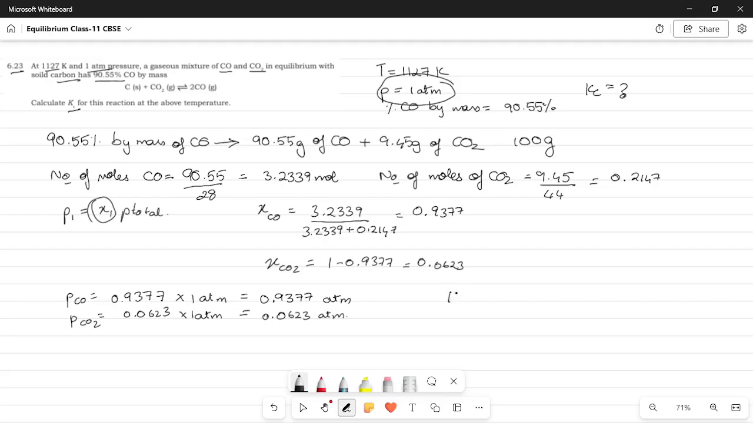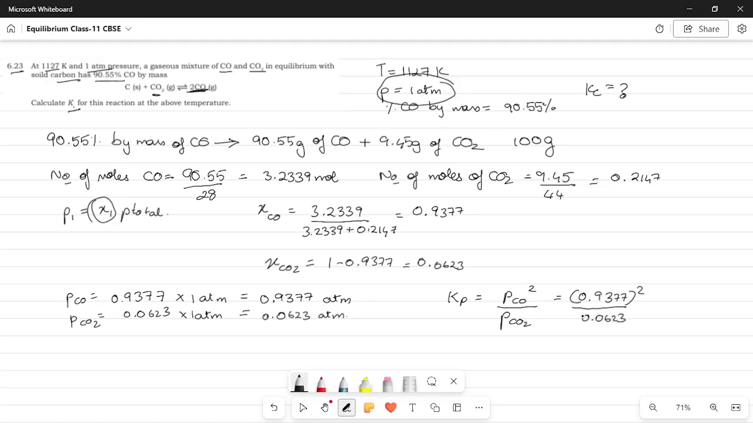So Kp will be equal to partial pressure of what? The carbon monoxide, partial pressure of carbon dioxide. So you're going to have PCO square because of the 2 in front of carbon monoxide divided by PCO2. So you just have to substitute the values. So you're going to have 0.9377 square divided by